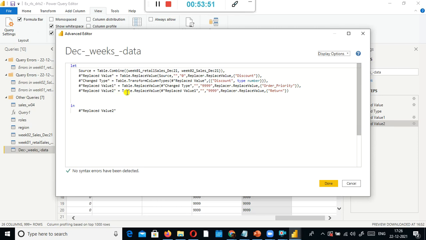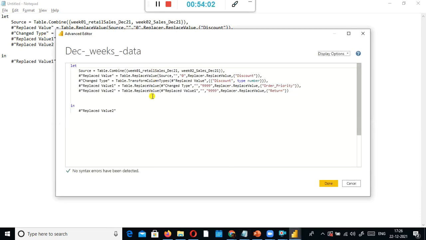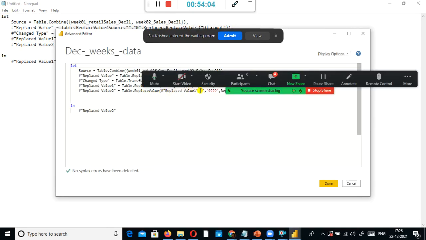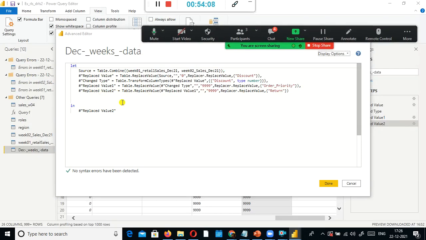Actually, what we are doing here is, see here, this was supposed to be a new variable. And here the replace value of this one, right? Replaced Value 1 is the one that has the recent changes in it. Replaced 1, then 999, and Replacer.ReplaceValue, Return.